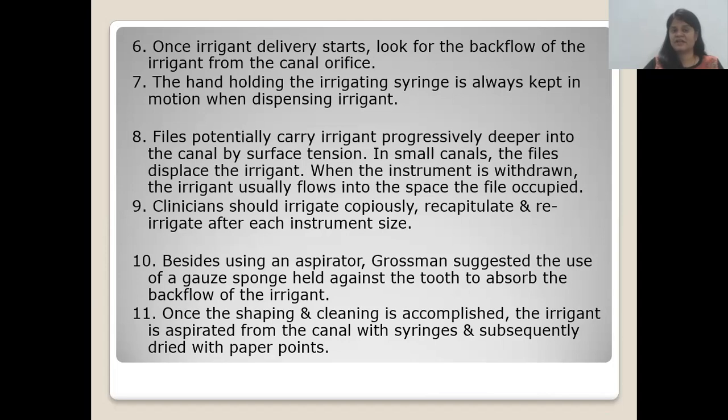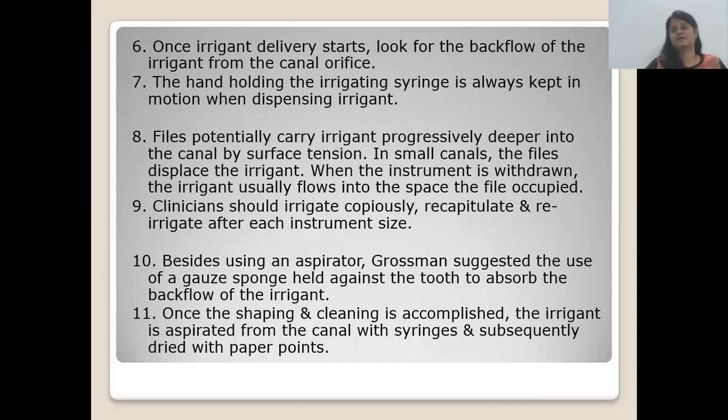Files potentially carry the irrigant into the deeper region by surface tension. In small canals, the files displace the irrigant. When the instrument is withdrawn, the irrigant slowly flows into the space which was previously occupied by the file. The clinician should irrigate copiously, recapitulate with the previous number file, and re-irrigate after each instrument to prevent